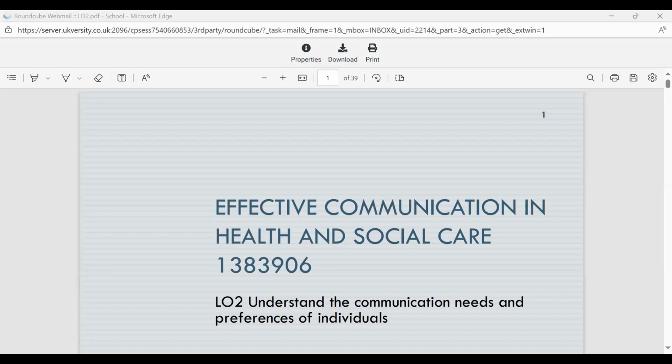Things like they can obtain information, give information. We also looked at elements of effective communication, and we looked at the person-centered approach. We also looked briefly at verbal, non-verbal and written communication, which we're going to expand on today. We also looked at person-centered communication, technological communication, and group communication, and why that's so important in regards to therapy groups and team meetings.